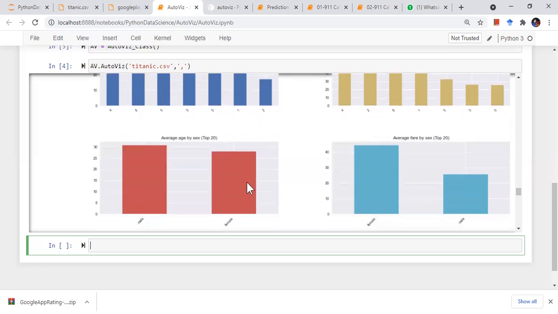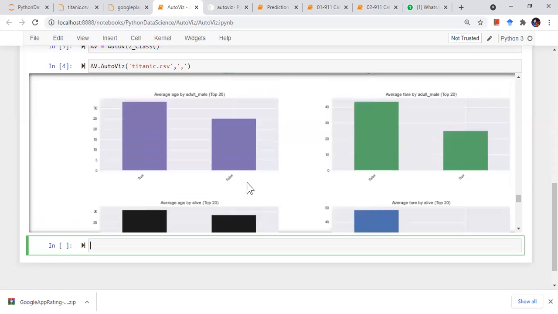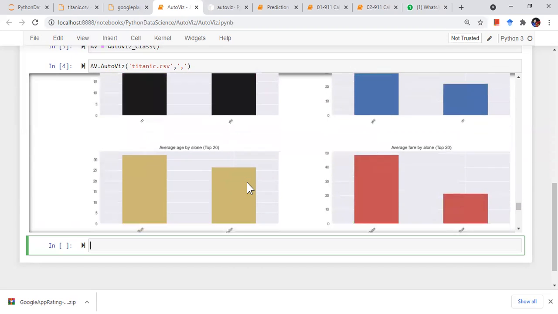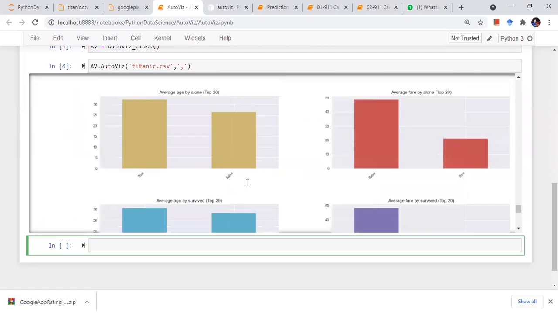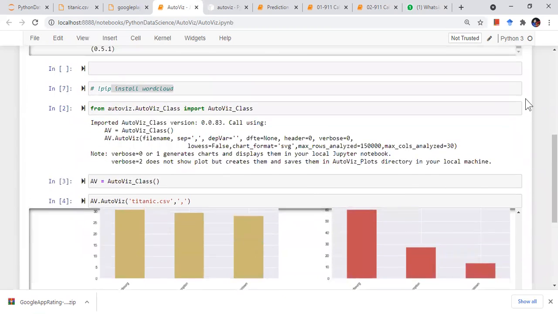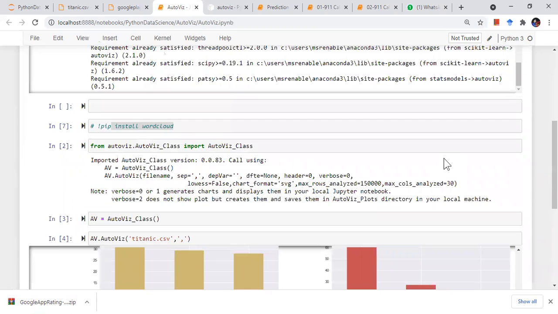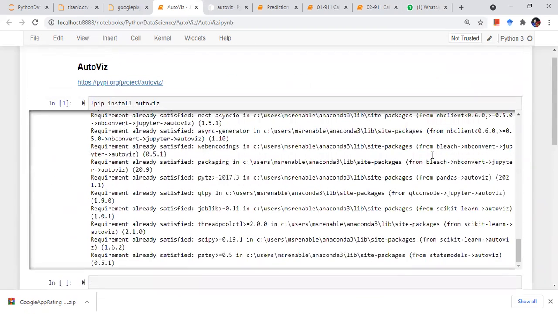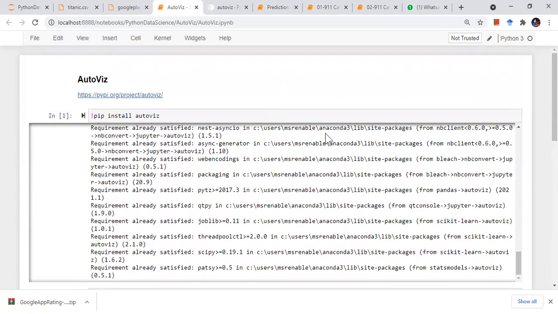So the point is that with this one line of code, I can visualize all the parameters, all the columns, with each other, right? This is very useful when we want to explore data, or when we quickly want to have an idea about how my data is distributed and what my data is about. I can make a connection from there. So that's it for today's session. Maybe if we have time, we can start in the next class. Cool, fine.